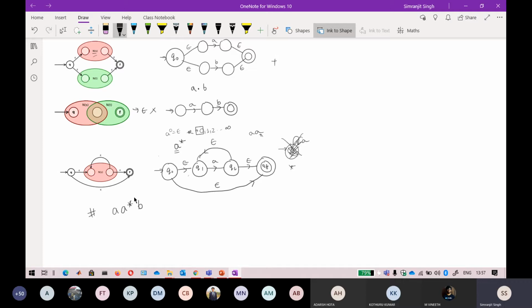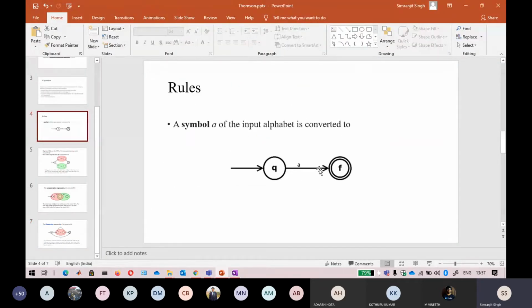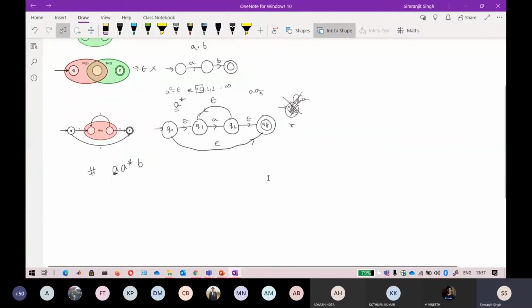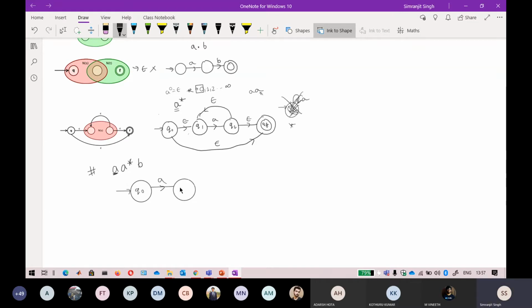You know that this is a single A, and a single A is represented in the automata like this. This is the starting state, and there is no mystery in that: Q naught followed by an A. After that there is a star.